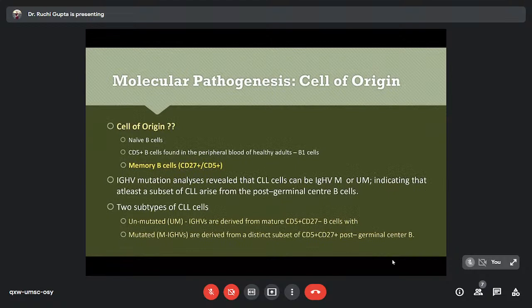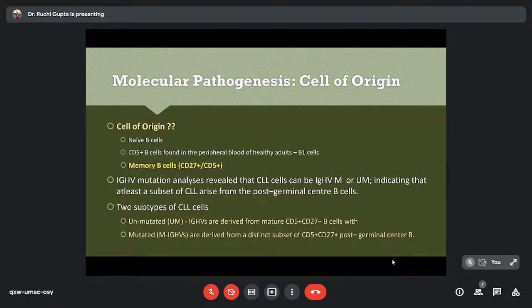Coming to the cell of origin, we used to believe for quite a long time that these are probably naive B cells because there has been no antigenic stimulation, or that they are the CD5 positive B cells found in the peripheral blood of healthy adults, which are typically known as the B1 cells. But now this cell of origin is being mapped to the memory B cells, which have a CD27 positive and